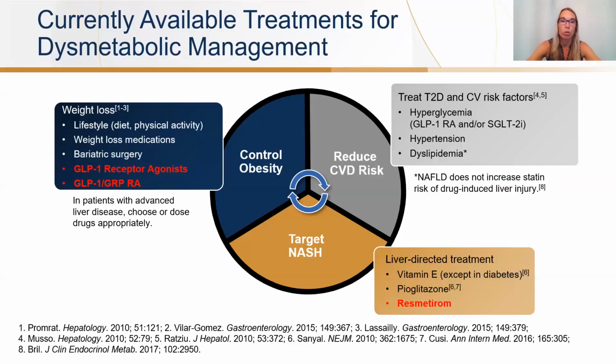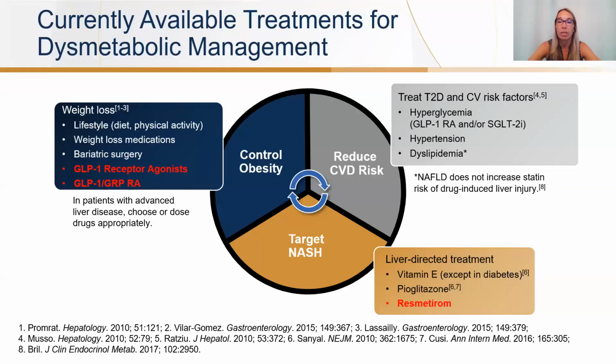So again, weight loss is still a cornerstone, with diet and lifestyle, physical activity. This is still something that we want our patients to be working on, but we recognize that it can be very difficult for our patients to achieve and sustain these weight loss goals with diet and physical activity. So that's really where we start to look at what other ways we can help our patients achieve weight loss. And that looks into bariatric surgery for a select population of patients and weight loss medications, in particular the GLPs and in combination. So we know the GLPs are approved for diabetes and more recently weight loss.